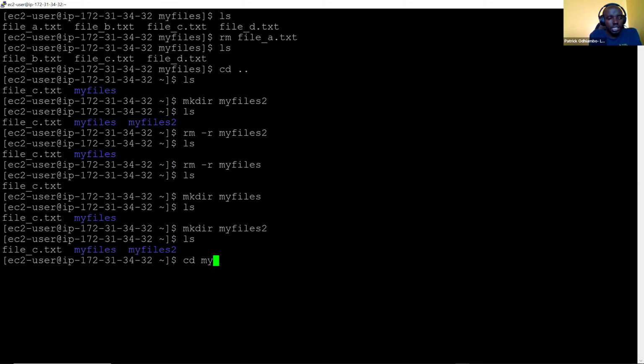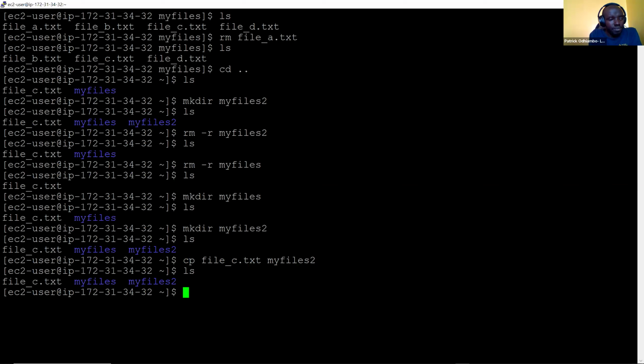Then we say cp file_c.txt, we want to copy that one to my_files_2. cp file_c.txt my_files_2. So that is what we want to try, and enter.